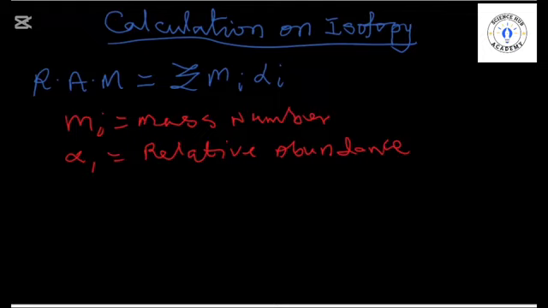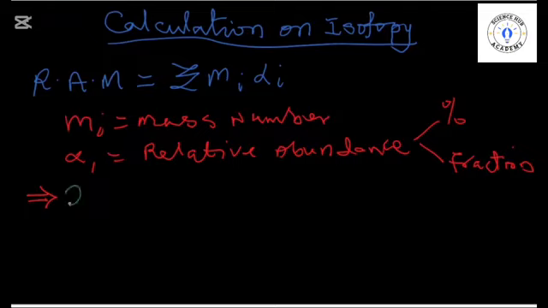Now, this relative abundance can be given in percentages or in fractions. We'll look at that later. But for now, if you are dealing with two isotopes,